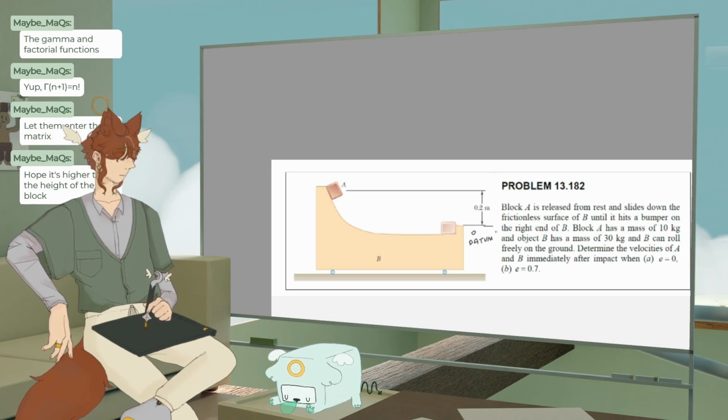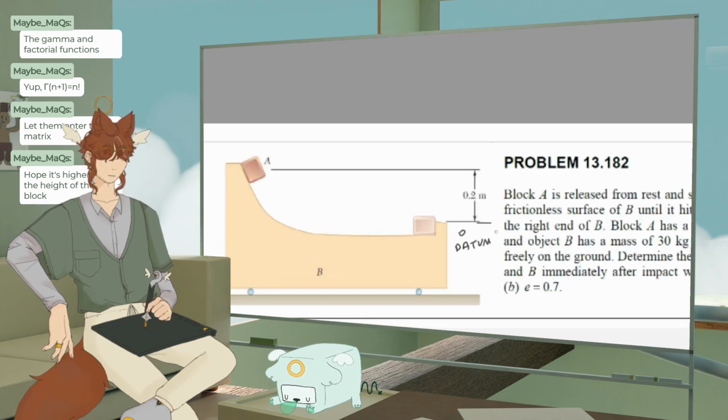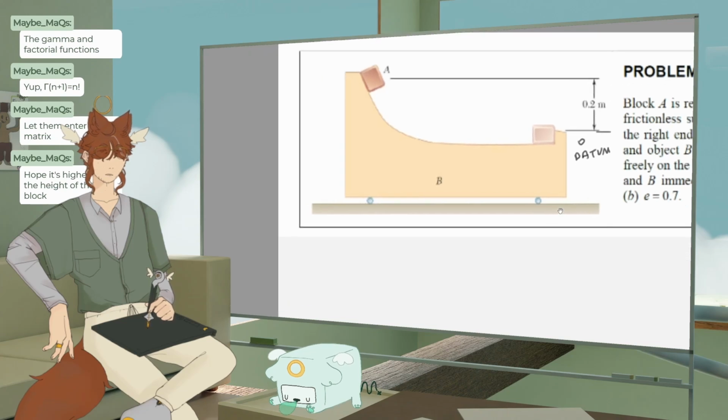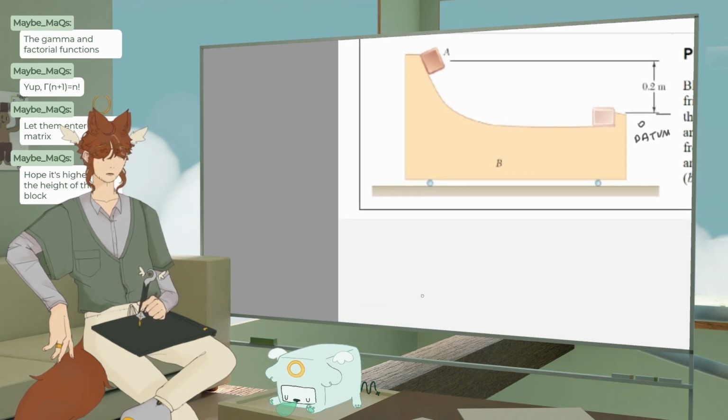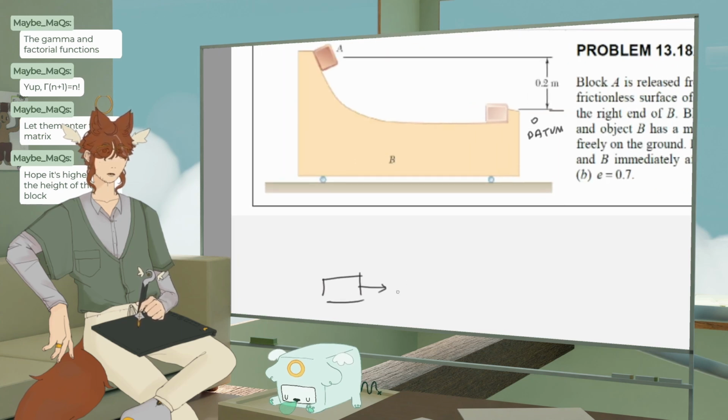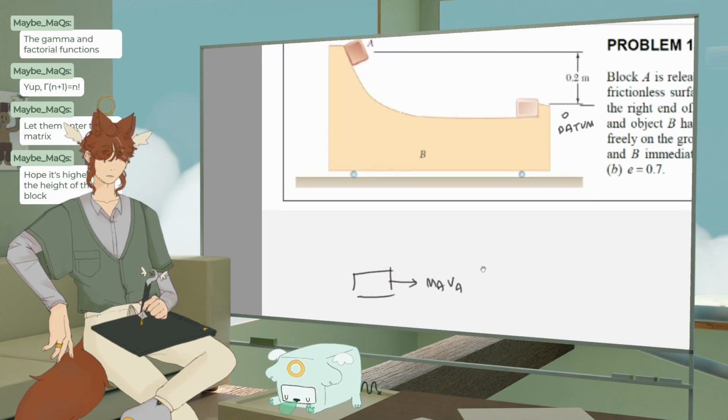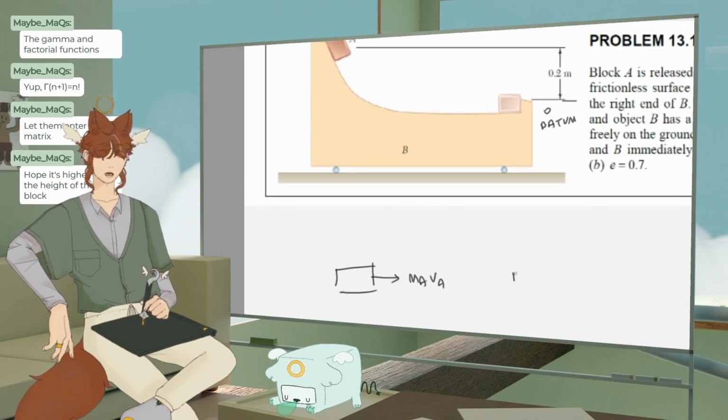Okay. So we're trying to figure out in this impact how much it's gonna move. So let's set up a momentum equation first. Right before it hits, we're gonna have mass A, VA. The other one's gonna be 0. And then in this collision,